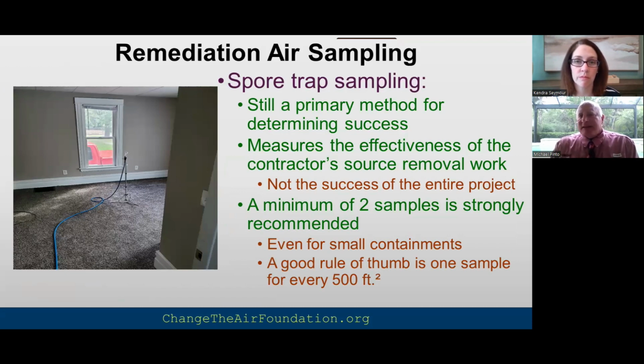Now, I will say that spore trap sampling still is quite common. There are people in the industry that poo-poo this, and quite honestly, they've been poo-pooing it for 25 years and it's still around. There's some good information we can get from spore trap samples. The problem, however, is that people don't understand the basics of even taking a spore trap sample, and particularly for post-remediation